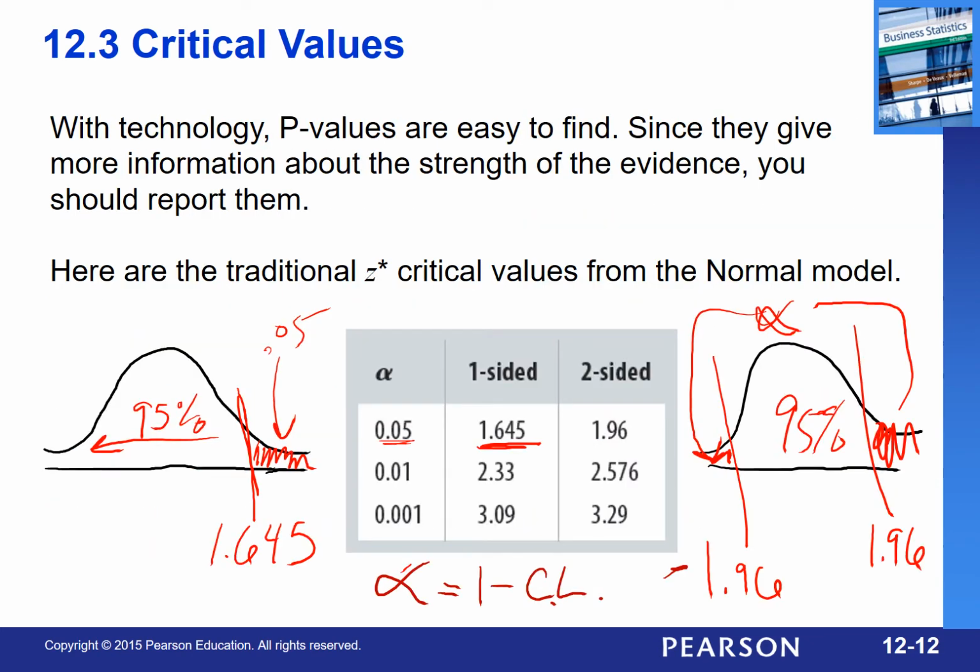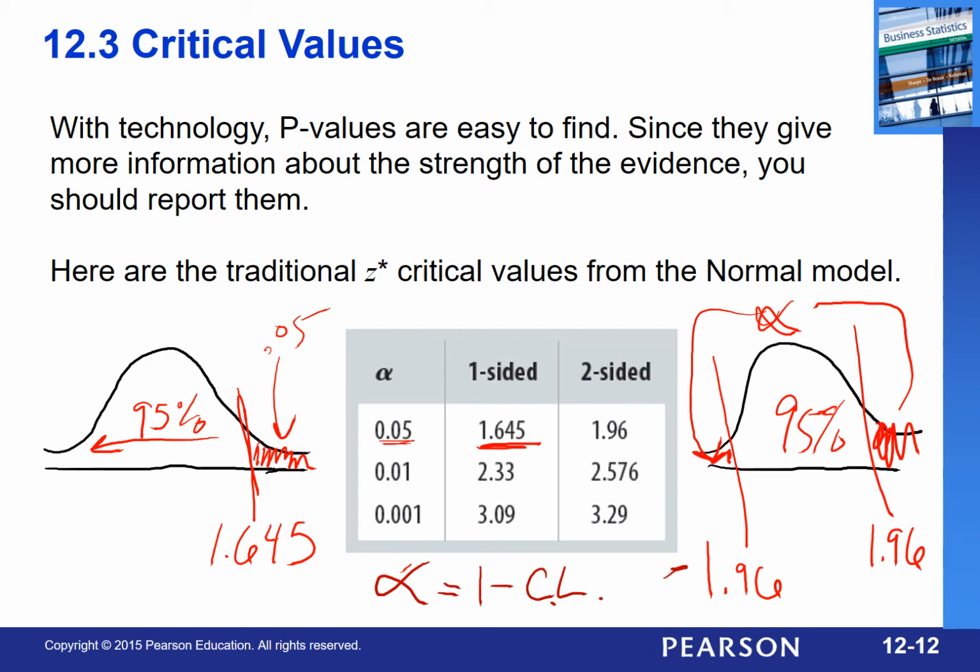So here's a little bit about what this looks like. When you're using technology with p-values, the areas are easier to find. But if instead you wanted to, you could use the traditional approach. On the left, I've drawn a picture of what a one-sided 5% critical value looks like. This is associated with 5% in the right tail and 95% in the left. And I'm hoping you recognize that Z critical value